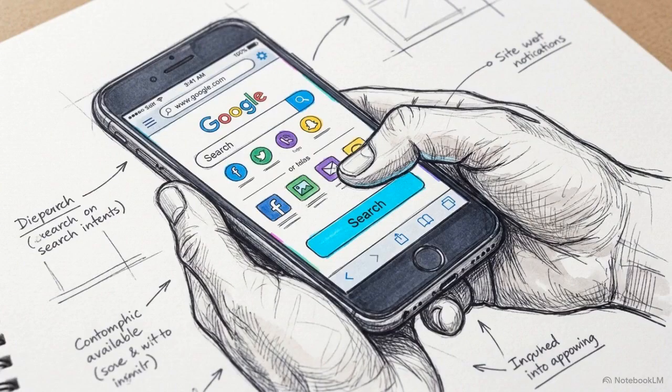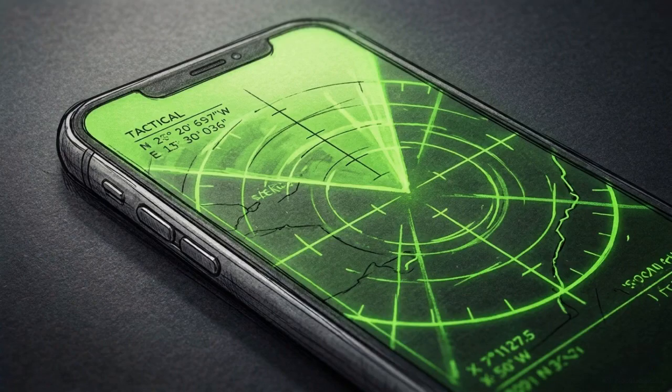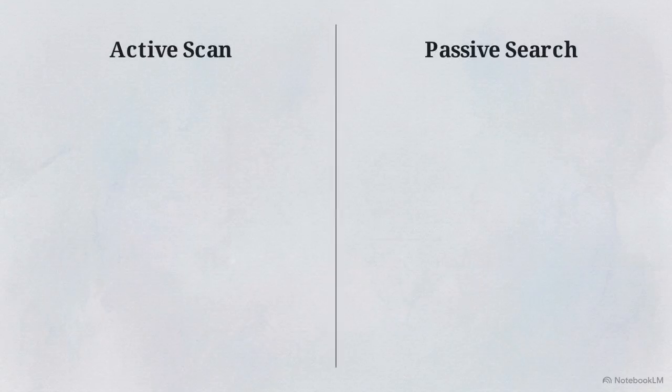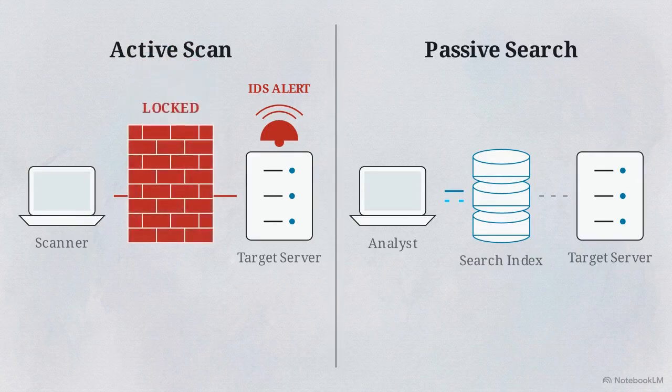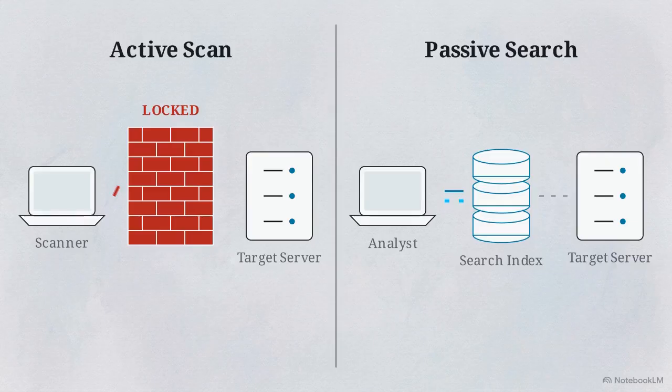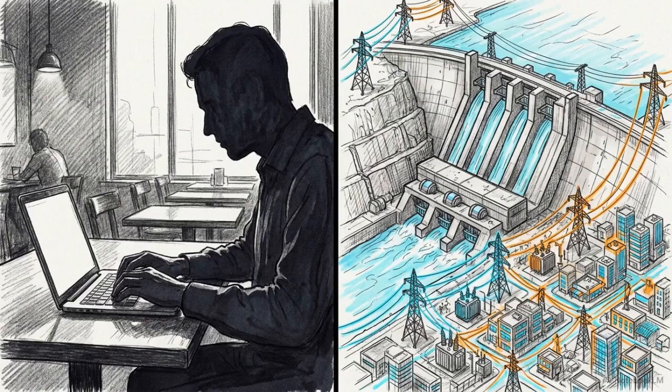The search indexes built for consumer convenience now function as a global reconnaissance network for state actors. Platforms like Shodan let analysts gather target data silently. A direct network scan triggers security alarms, but querying a public index simply reads a database reflection. This silent search bypasses intrusion detection systems that would otherwise lock down the network. Analysts leverage this proxy system to map critical infrastructure, like power grids or water systems, without ever making direct contact